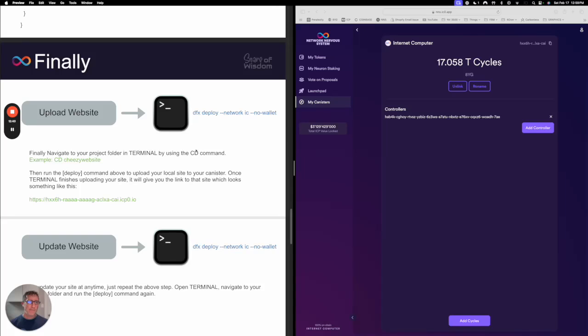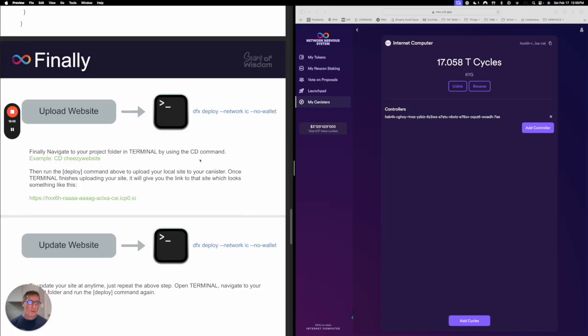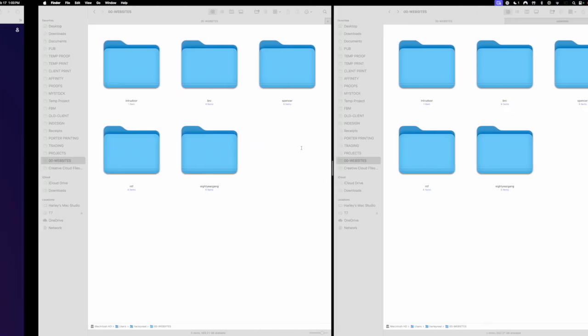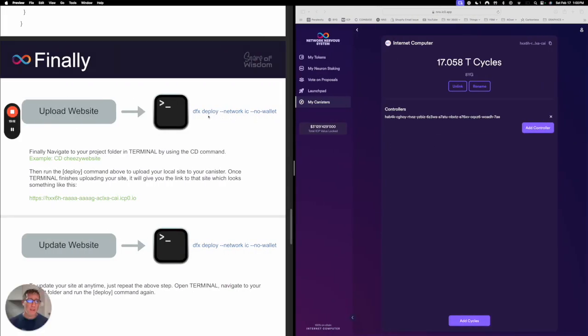Okay, so finally, when you're done, you want to upload your website, you would once again navigate to the folder, for example, cd cheesy website. In this case, I would navigate to my 8-year gang folder if I wanted to upload that website, or maybe I made some changes to it and I want to re-upload changes to the website. I would navigate to that folder in my terminal, and I would run this command right here, dfx deploy network